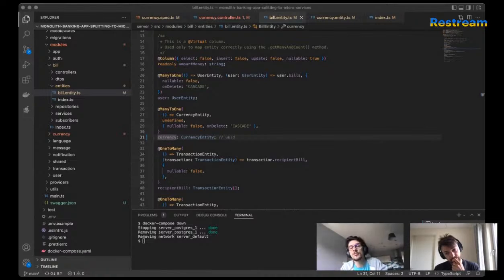But from the other side, why do we need to split? What's the reason to do that? Because we want our application to be scalable. We want to have a separate team taking care of the currencies feature, and they want to release it as soon as they deliver new functionality, without any intersection with the release flow of the other parts of the application.